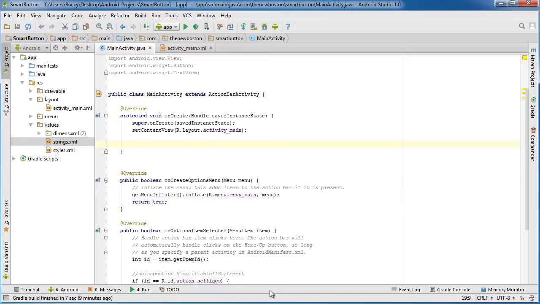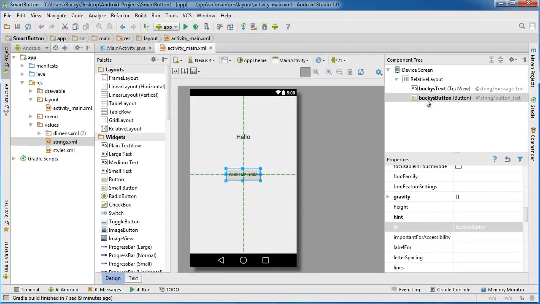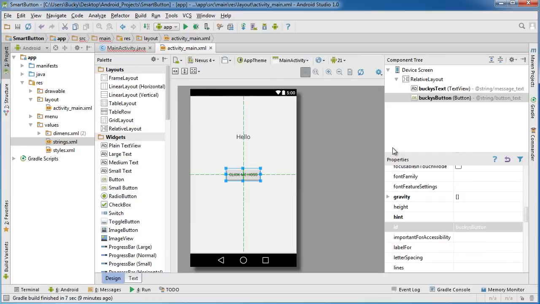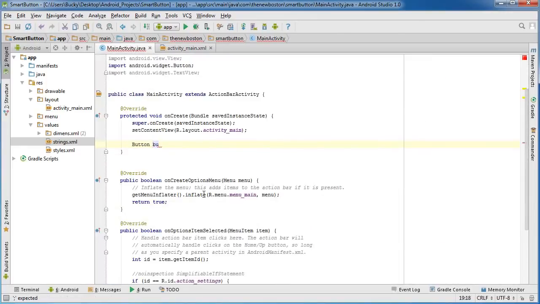So of course, the very first thing we need, you guys probably could have guessed it, is a reference to that button. Now remember, this button, or at least I named mine Bucky's button. So now let's go ahead and get a reference to it through code. So now we can just use button, and I'm just gonna name my variable the same thing as the ID, and that's just a lot easier for me to understand, and there's no issues with that. So I'm gonna name my variable in Java, or my object, Bucky's button,